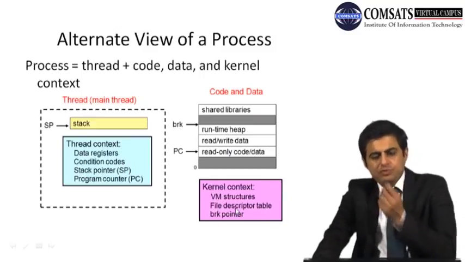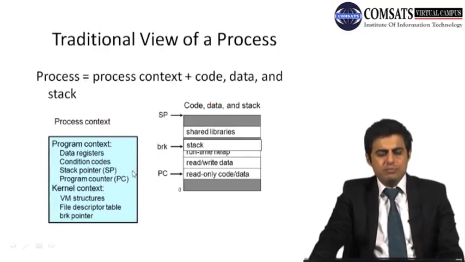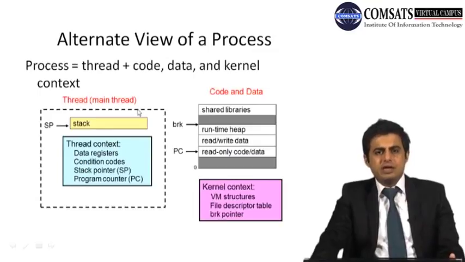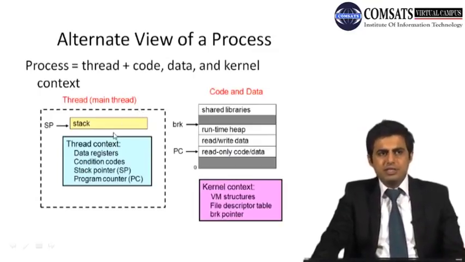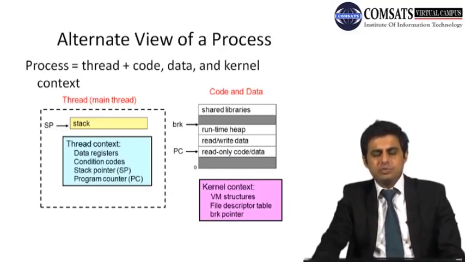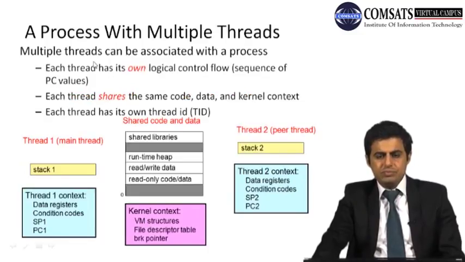तो अब आप इस व्यू को अगर देखें जिसके अंदर थ्रेड्स हैं, तो अगर आप इन दोनों को कंपेयर करें तो प्रोसेस कॉन्टेक्स्ट में सिर्फ एक ही कॉन्टेक्स्ट है और उसी के अंदर कर्नल कॉन्टेक्स्ट भी है, और कोड डेटा और स्टैक जो है वो सिर्फ डिफरेंट है। लेकिन जब आपके पास थ्रेड्स हैं, तो you can have multiple threads, and multiple threads can have their own resources like this, and then they can have, इसी तरह आपका एक shared data का अलग से portion होगा और kernel data का अलग से portion होगा।